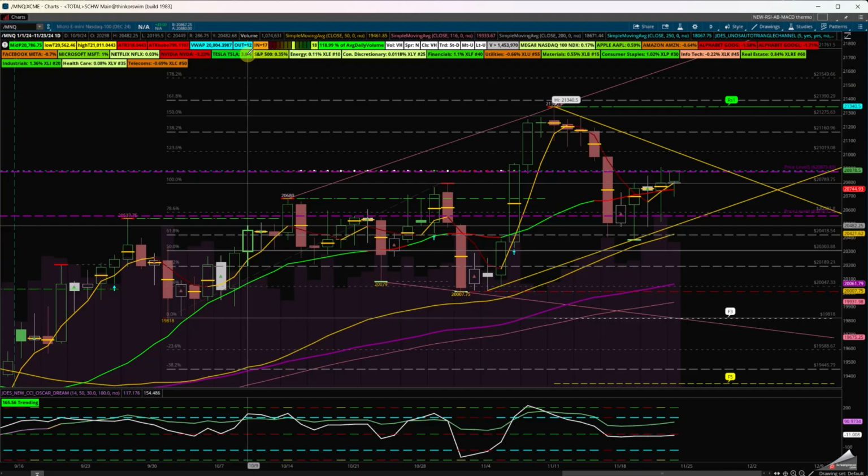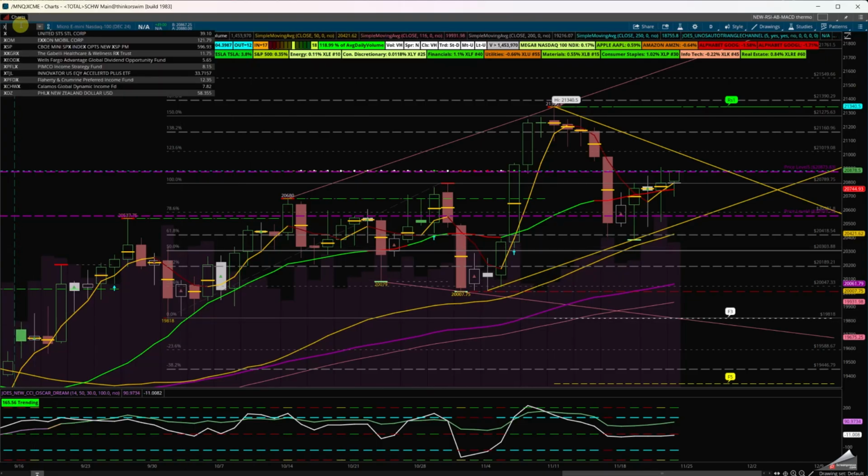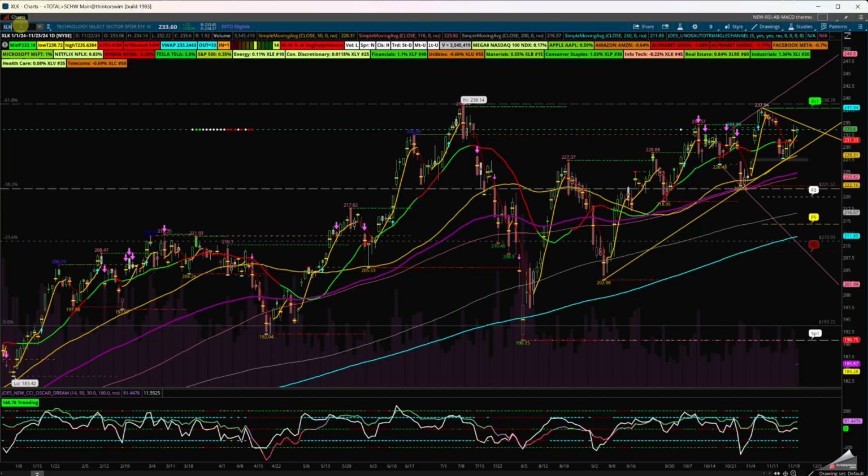Remember, Tesla, I don't consider it a car company. I consider it a technology company due to the sophistication and the AI that they have and everything out there. So Tesla has a trend on an upside. All the down moves have been brought back up in relationship to the NASDAQ 100, the QQQ. In the tech sector, you can see that there's weakness in the XLK, like I showed you earlier. Let's go look at them.